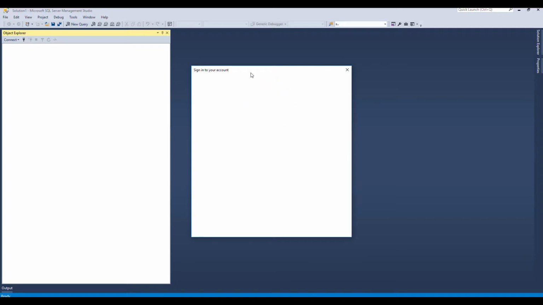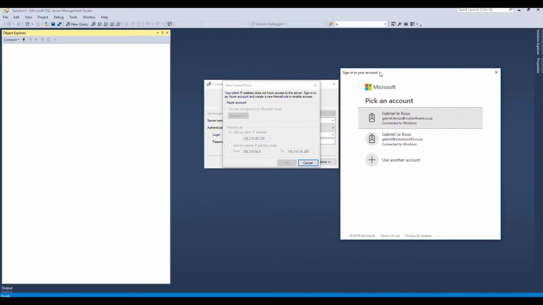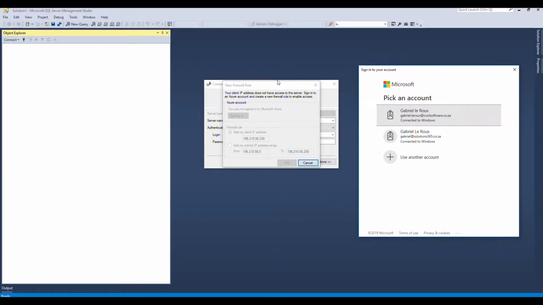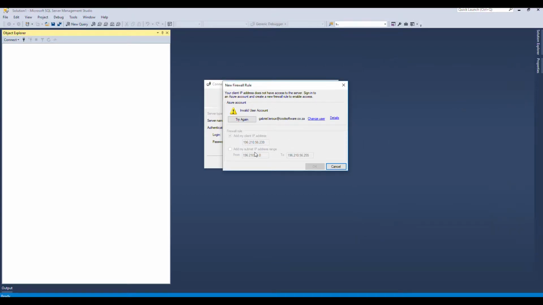Right, at this point, the Azure platform is picking up that I'm connecting from outside of the Azure environment, and it wants me to basically configure my firewall to allow my client tool here to access my SQL Server environment. So what I'll do is I'm just gonna close this, and I will